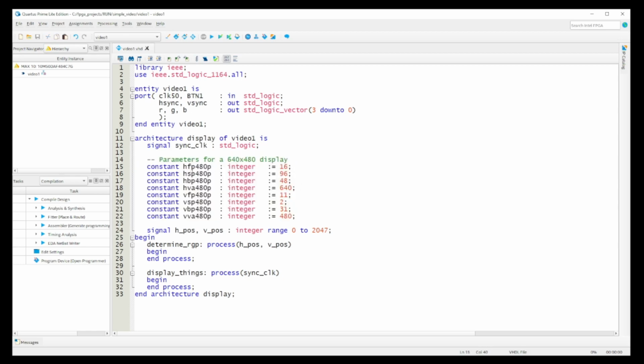So you have your front porch. This stands for horizontal front porch, horizontal sync pulse, horizontal back porch, and horizontal video area. So this is the active video area for the horizontal. For vertical front porch, vertical sync pulse, vertical back porch, vertical viewing area, that's what you have over here. So these are the parameters that we had